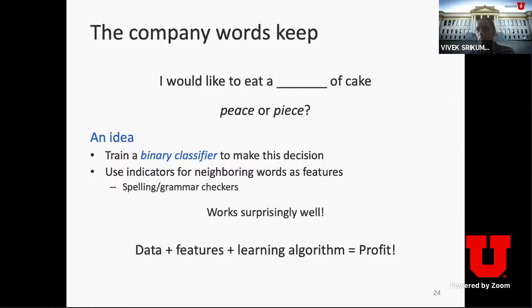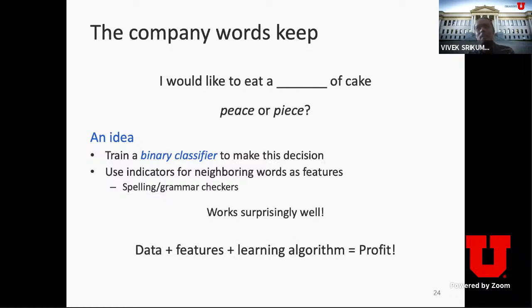If you've used Grammarly, for example, there's a little bit of this going on in Grammarly. The idea here is you collect a lot of data of text that people write, assume that most of the time people write the right thing, and you just ask, is this more probable in the context, or is the other piece more probable in the context, according to a big corpus of text that exists out there. So you collect some data, you build a statistical model, you train the model, and you make a profit.